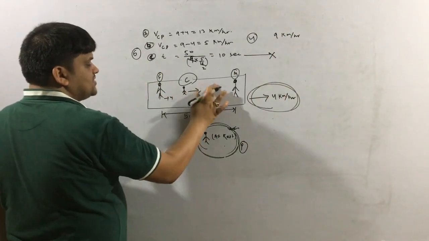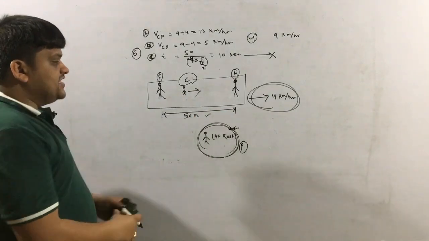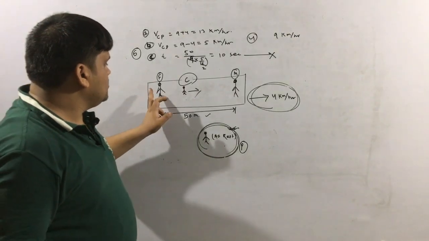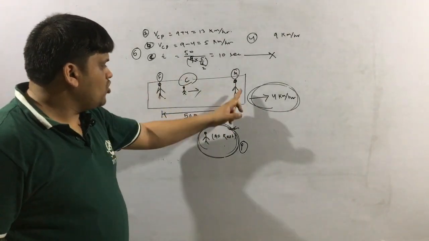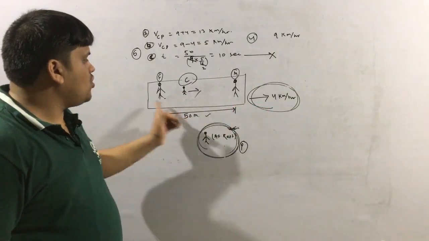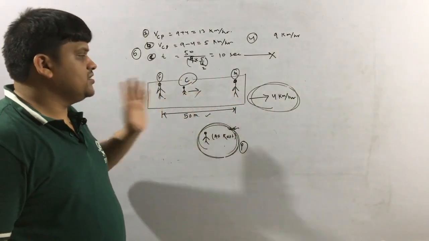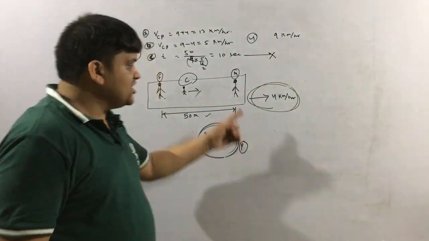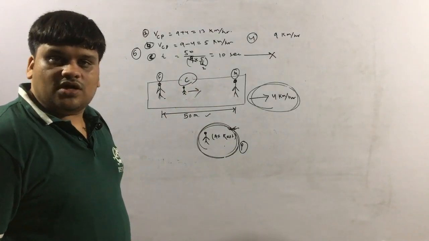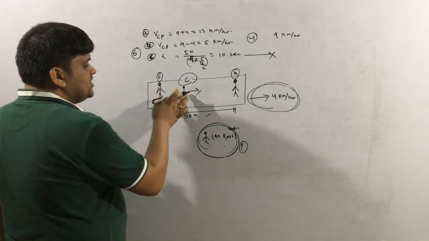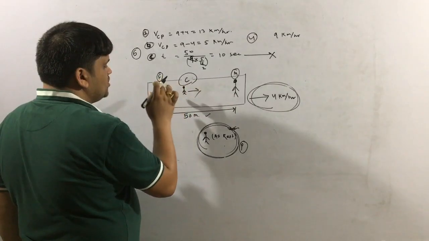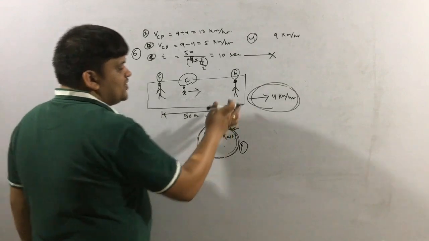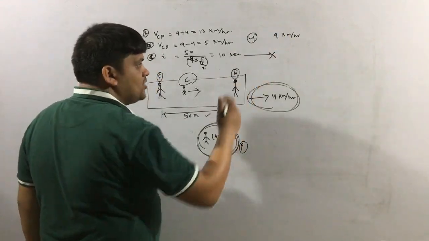Or it is better to understand it like this: this velocity is not going to affect anything if you are calculating among these 3, because this velocity is for all 3 persons, the father, the mother and the child. So it is not going to affect the result if you are calculating something with respect to these persons. So simply I can say he is at rest, he is moving with 9 km per hour. The velocity of the child with respect to the father is 9 km per hour. With respect to the mother it is the same, 9 km per hour.